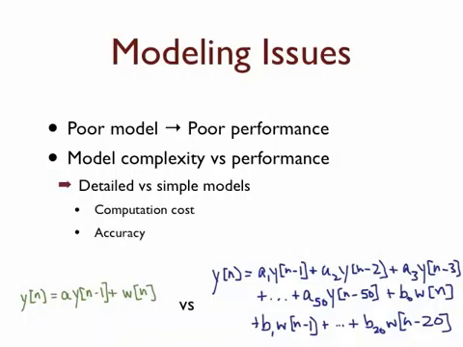Now you might say, well, a more complicated model certainly could be more accurate, should be more accurate than a simple model. And that's true, although when we look at data that has noise in it, it sometimes doesn't work that way. Because what happens with noise is that if you have a model that captures really subtle variations in the signal, noise is going to mask those. And your model will get confused by the noise. And in those cases, a simpler model often works better than a more complicated model.